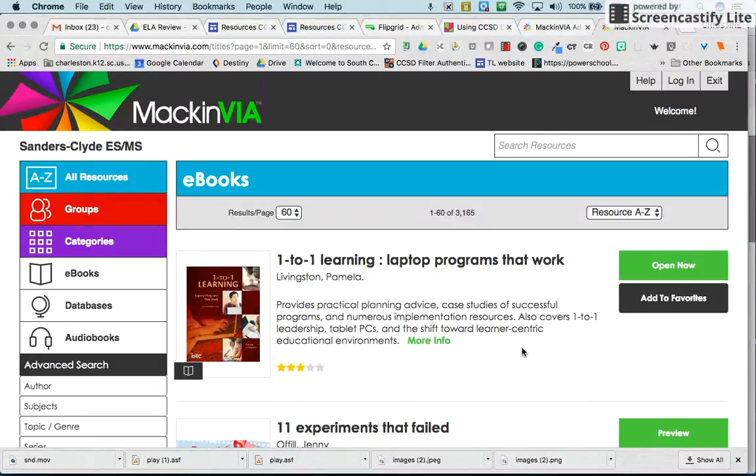Mackin Via is accessible from Clever, so once you've logged into Clever, you'll be able to see the Mackin Via icon, and students and teachers will be able to log into their accounts. Now, depending on your particular school, Mackin Via might be organized just slightly differently, but all of these same